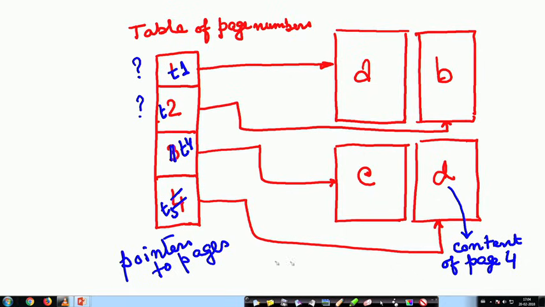It is possible. So, if I want to read the first page, I will come here, the first entry, which is pointing to table T1. And I go to table T1 and find this particular page and read the content of that. All right. So, these are pointers to pages, but these pointers also have to be in some memory location. Let me draw the diagram in a different way now.